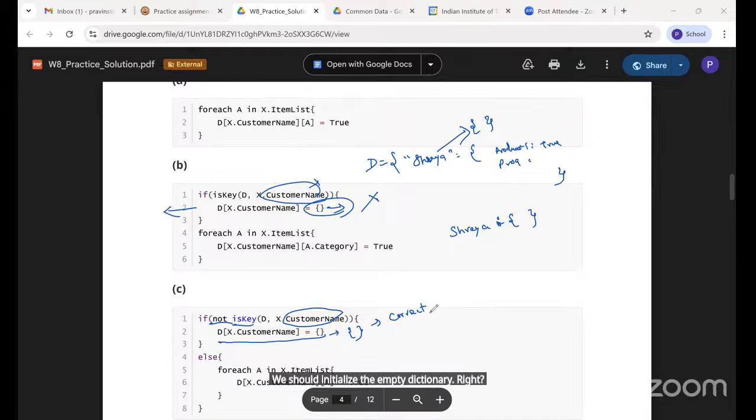So this is correct. But this part is correct or wrong? This is where the confusion comes. Can anyone answer? Sir, I think that it's wrong because